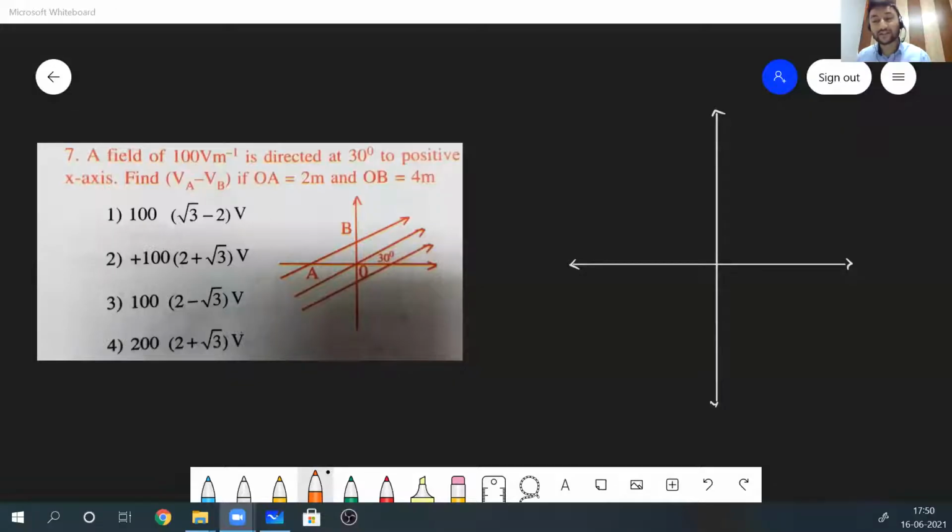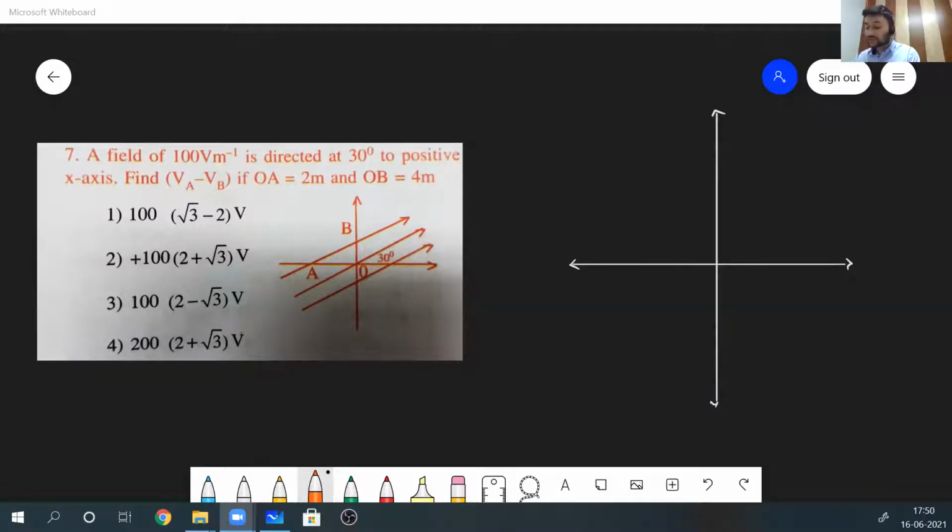Hi all. If you're preparing for JEE or NEET examination, during your examination journey, you are definitely going to encounter a chapter in 12th class physics, that is electrostatics. Now, this chapter is made up of two base chapters, that is electric charges and fields, and the second one is electric potential. So today, we are going to do a question from electric potential, and this question shall be based on the concept of equipotential surfaces. So let us check out the question.